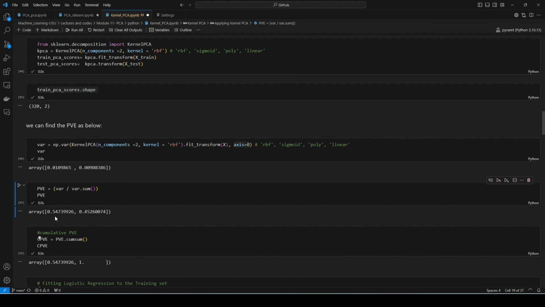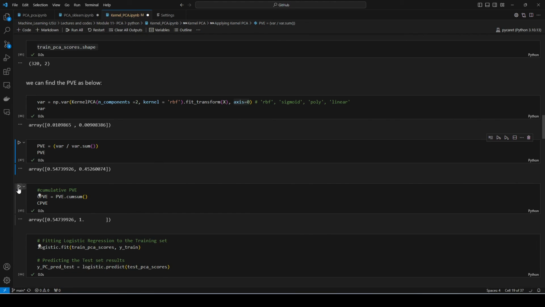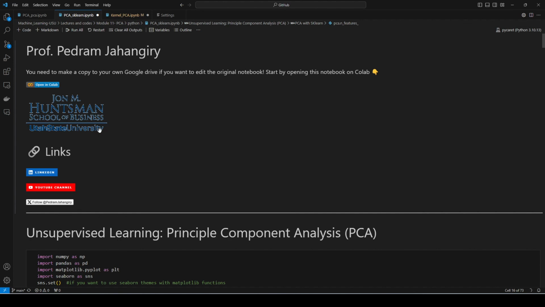So component 1, 54%, component 2, 45%. And obviously, if you do the cumulative version, it's going to add up to 1. Okay. So one thing I want you to pay attention to is that if you go back to the simple PCA in Sklearn,